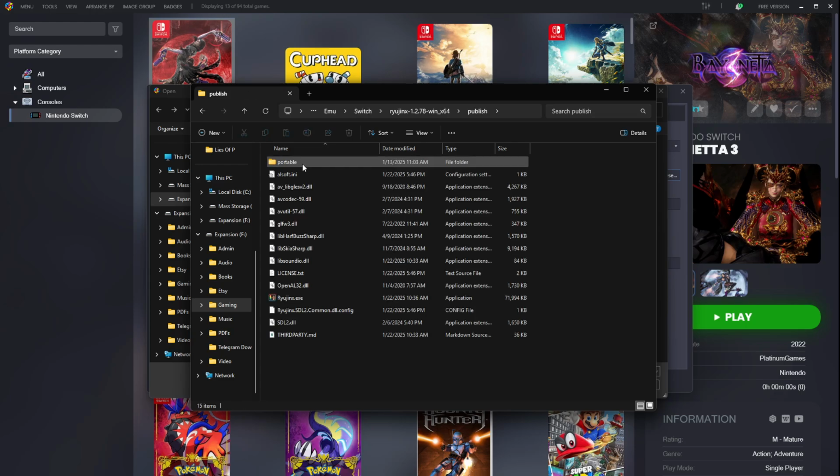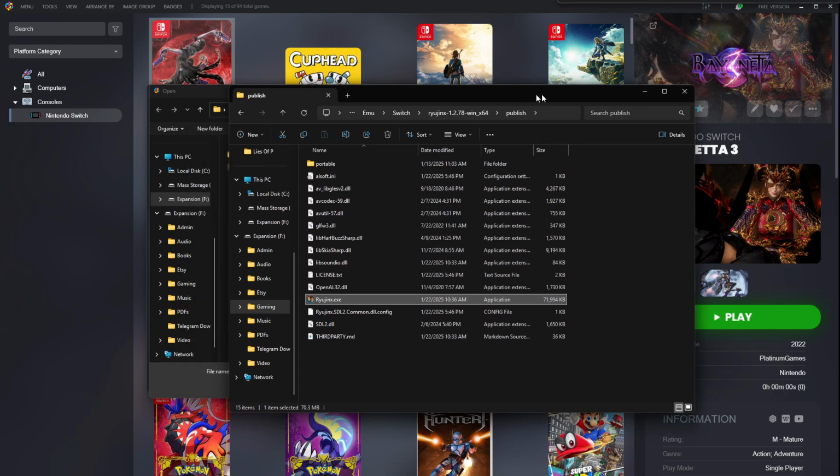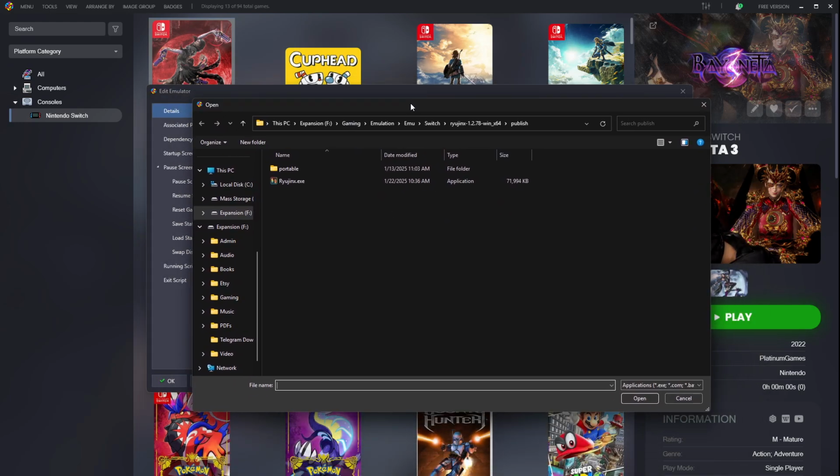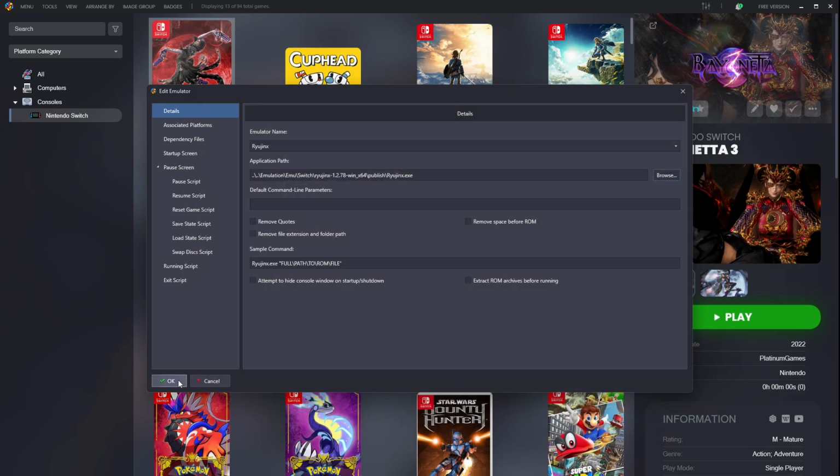I'm going to go to where that executable is. So this is under my Switch folder for my emulators, the Ryujinx folder, and publish specifically for Ryujinx, and there's our executable. So what I'm going to do is put this over here. I'm going to copy and paste that path and put it here. Now it already had that selected, but just to make sure we're in the right folder, I went ahead and copied it and pasted it over here. I'm going to select Ryujinx right here, hit OK,